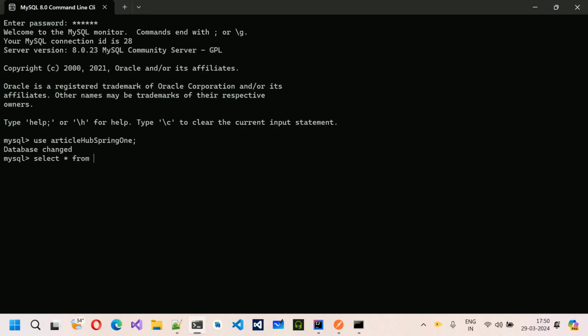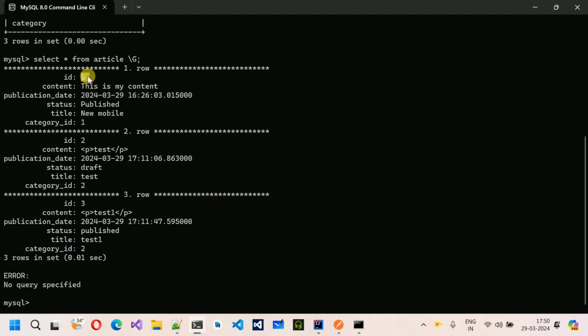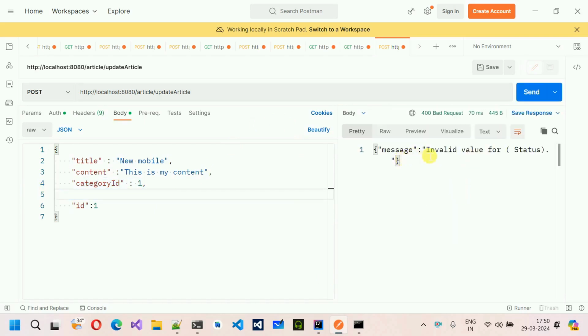Select star from... okay, show tables first. Select star from article \G. So first article I want to modify. Let me move back over here to Postman, and the ID is equal to 1. I have to put the comma over here. Let me just remove the status first and now send it, and you can see this invalid value for